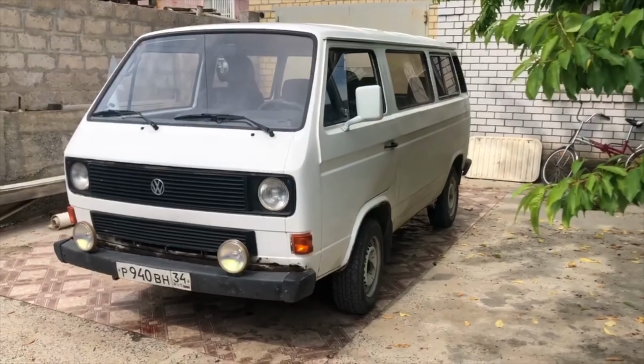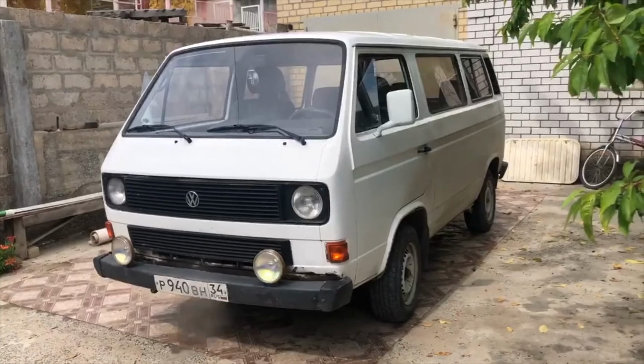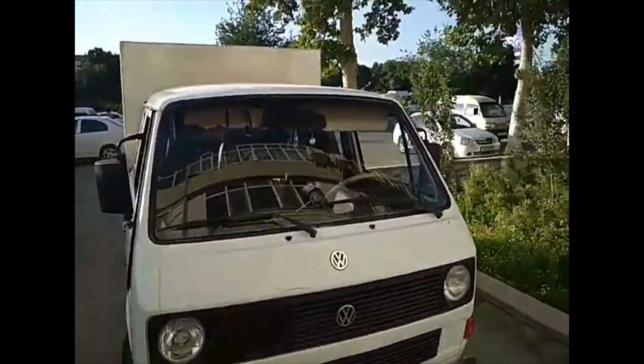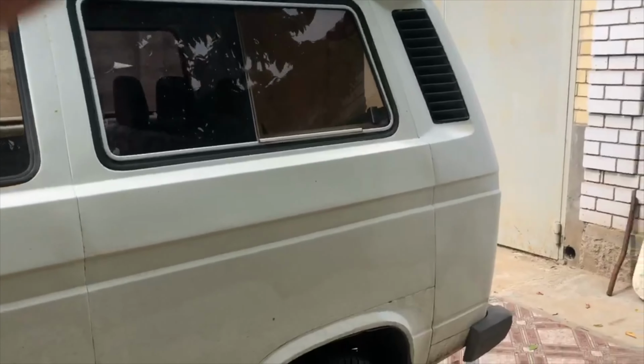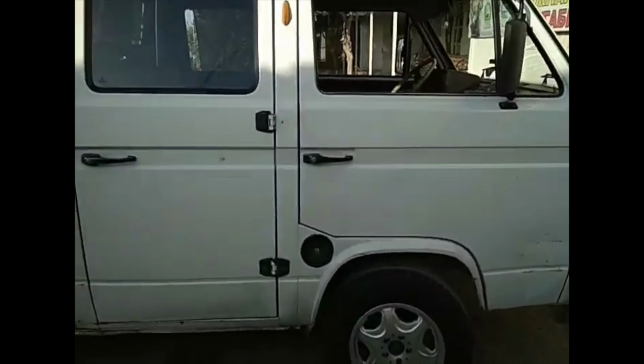The main trouble that owners of old Volkswagen trucks face is the high cost of repairing them at a branded service. Prices for some operations are at the Mercedes level. This is partly offset by the survivability of the machine's units, and partly by the fact that even a serious repair of the simple T3 design is within the power of garage